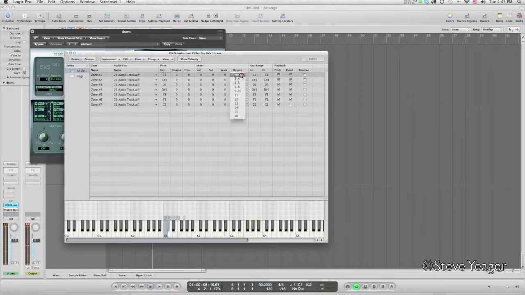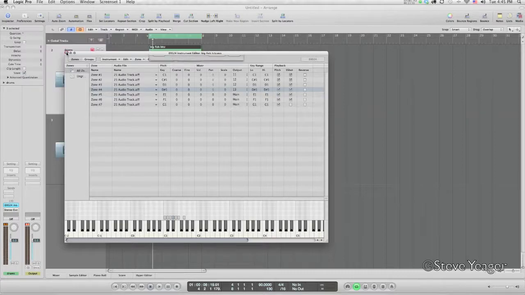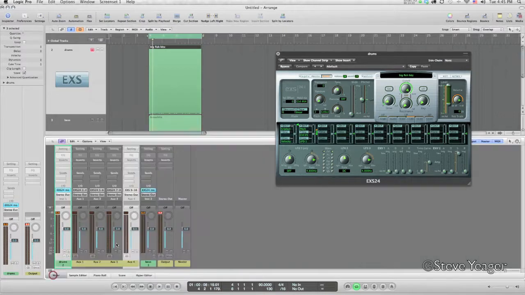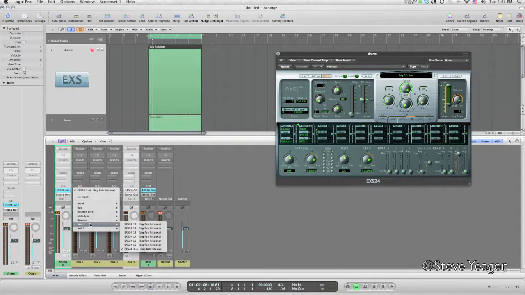Here's my kick. I'll put that out on mono 11. Here's the hi-hats. Put these out on mono 12. And there's the snare. I'll put this out on mono 13. Perfect. Oh, I made changes. Yes. Back over here now in the mixer. I'm going to change these to mono tracks here, here, and here. And just click and hold and say